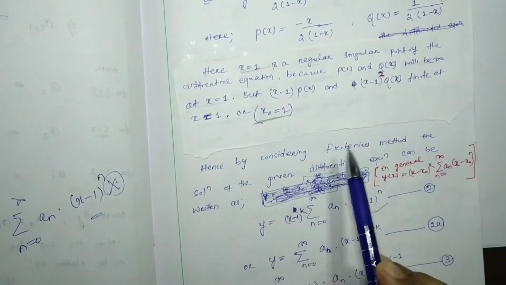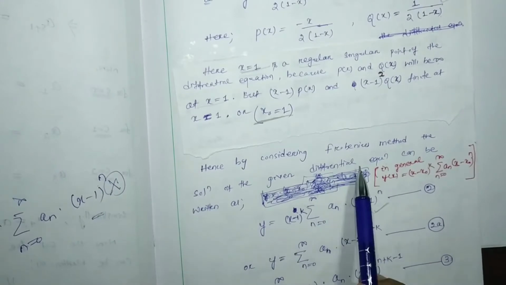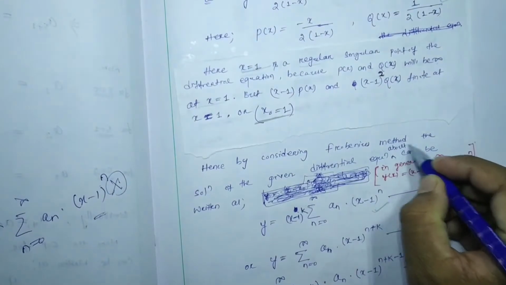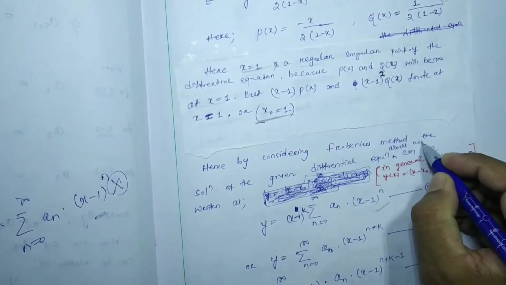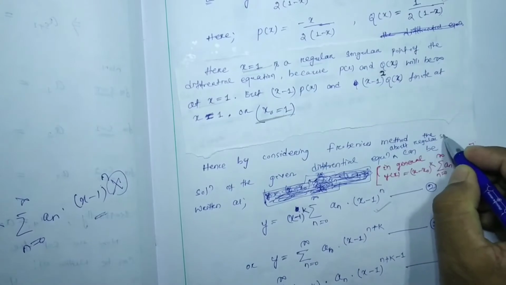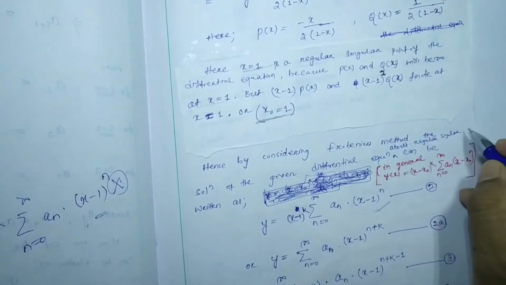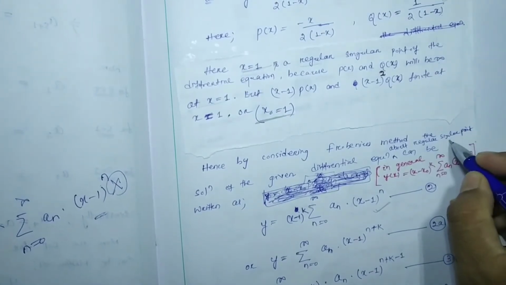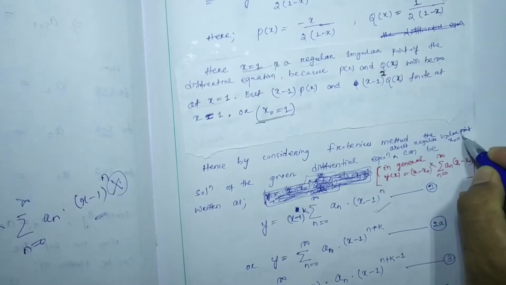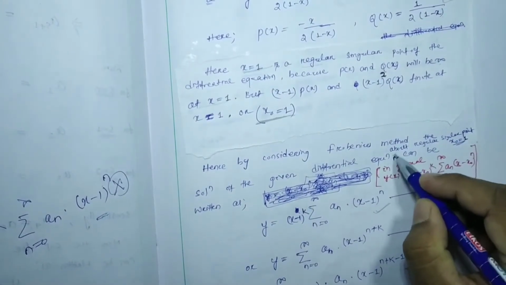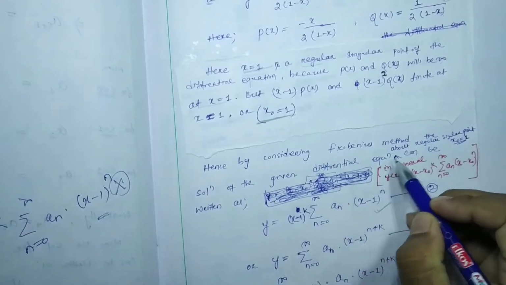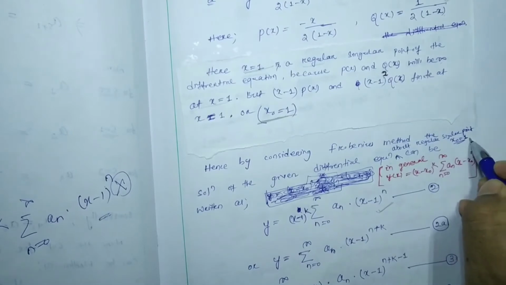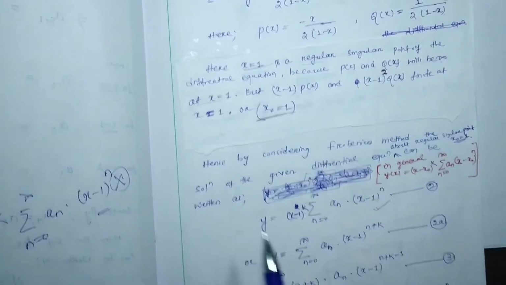Hence, by considering Frobenius method, the solution of the given differential equation about regular singular point x0 equal to 1. Here you have to write the given differential equation about the regular singular point x0 equal to 1 as